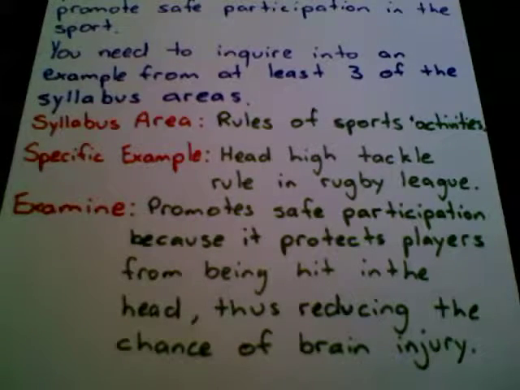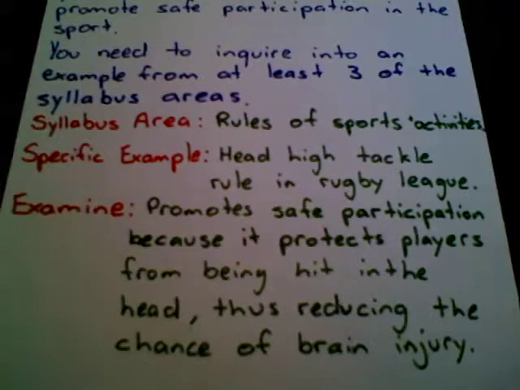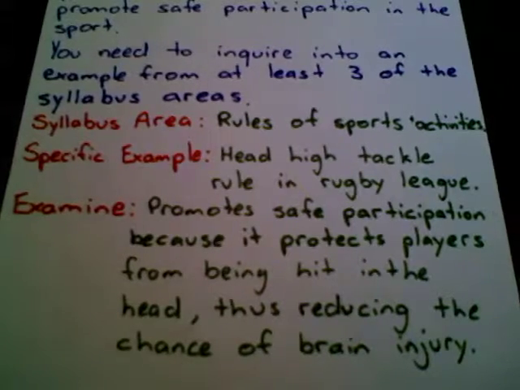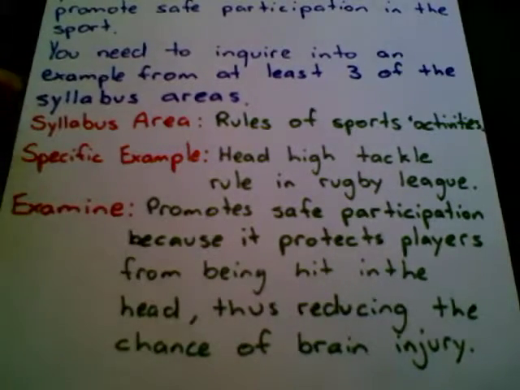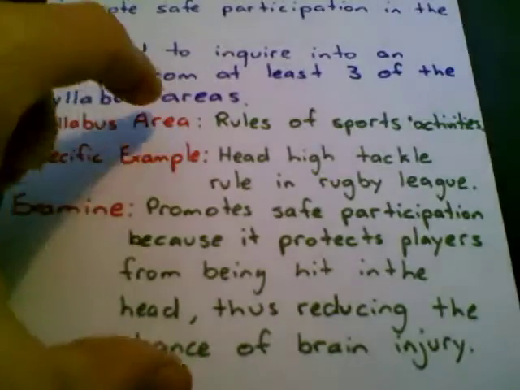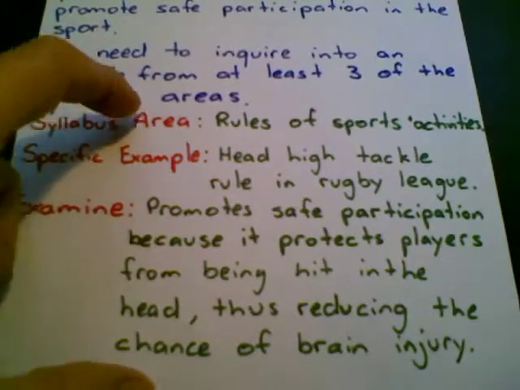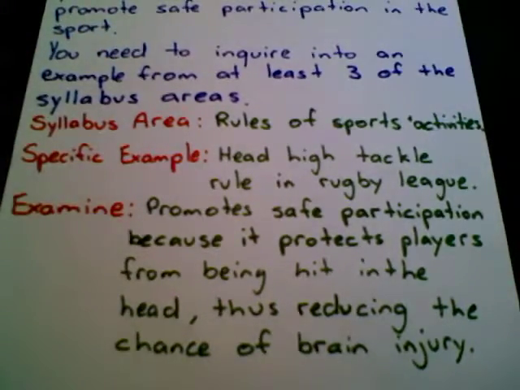If you just came up with 3 rules and outlined them, then you would have gotten 3 out of 5. If you came up with some rules, then outlined 2 of them and maybe examined 1 of them, you might have gotten 4 out of 5. But you needed to do 3 different examples. So this here is 1 example. You need to do 2 others to get the full 5 out of 5.